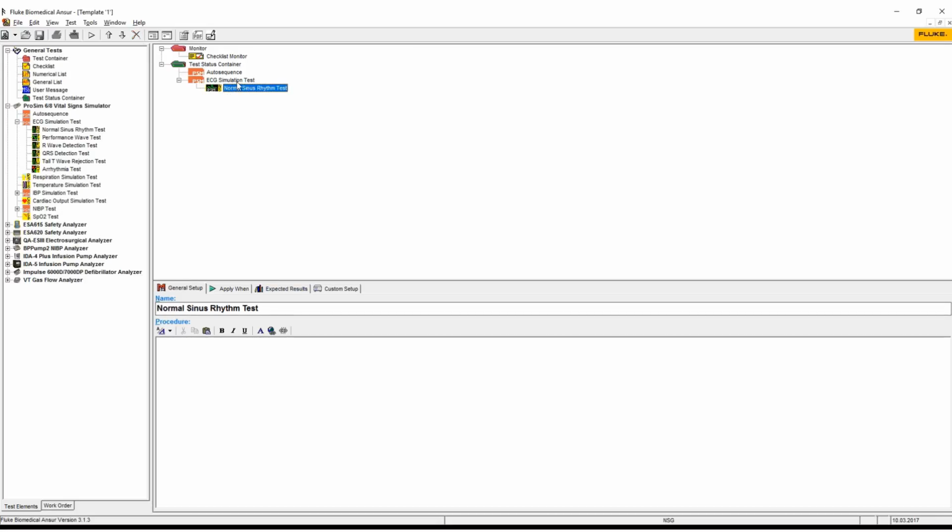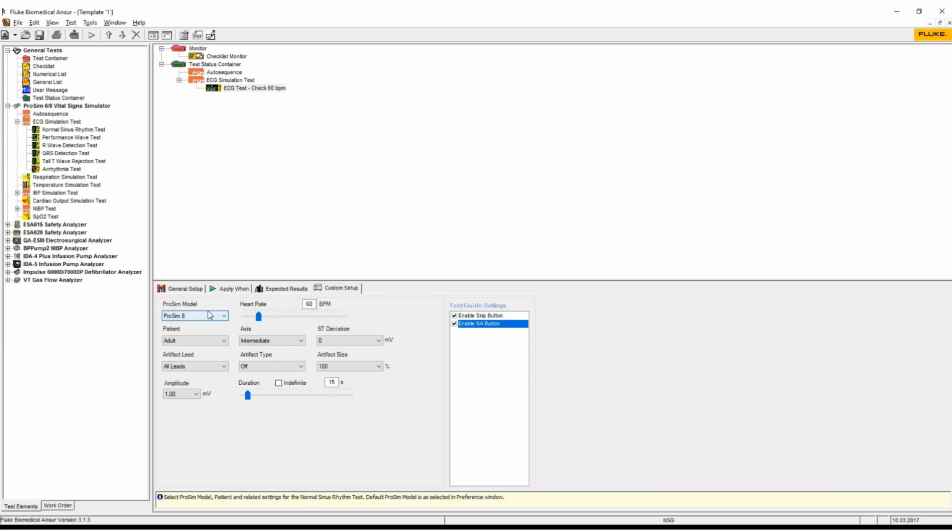You can rename by marking this so it's blue, and you can rename, and you can call it ECG test check 60 BPM. In custom setups, you can change the settings,